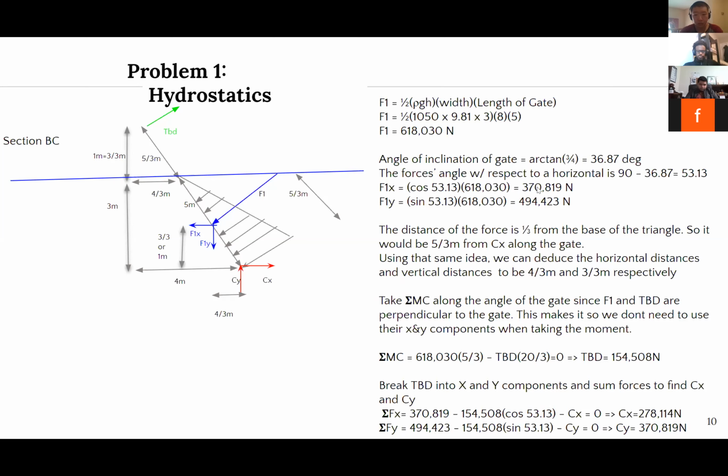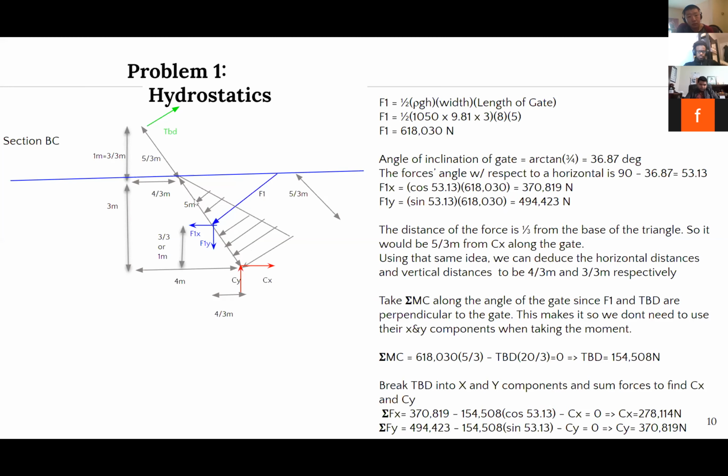So F1x comes out to be 370,819 newtons, and F1y comes out to be 494,423 newtons. Now, dealing with the location of these forces, we know that the force will be located 1/3 from the base of a triangle, because that's the centroid of it. Now, if it'll be 1/3 of the entire